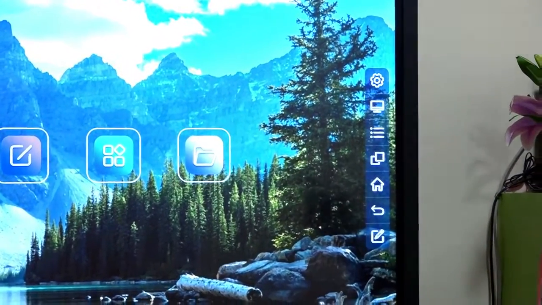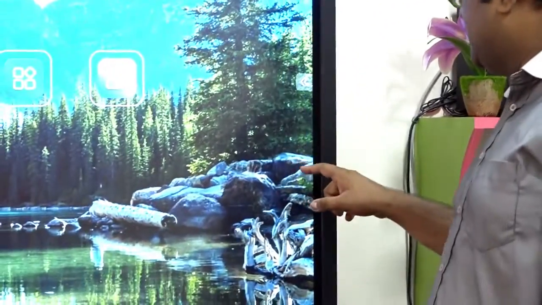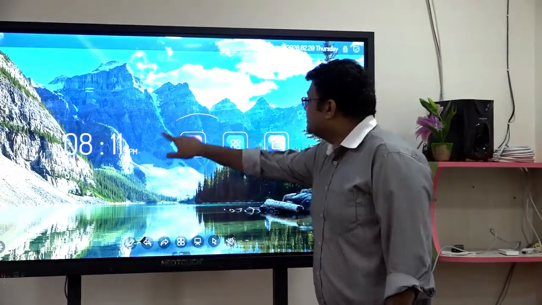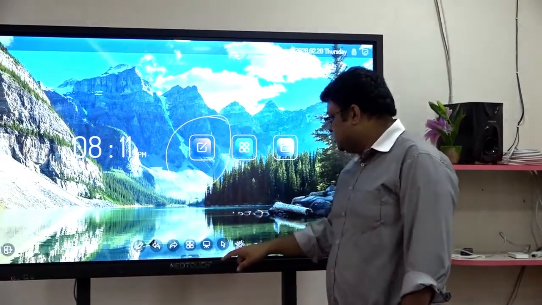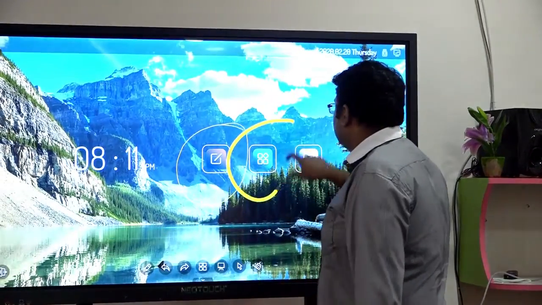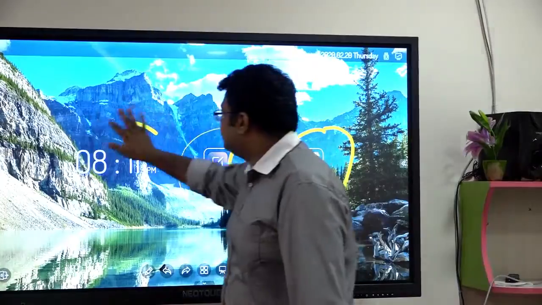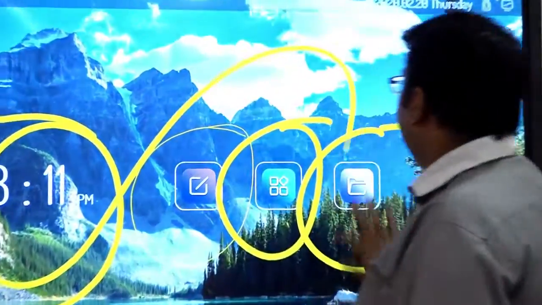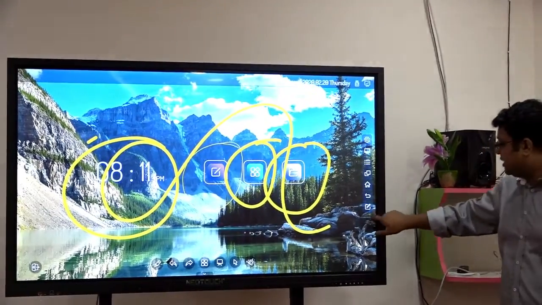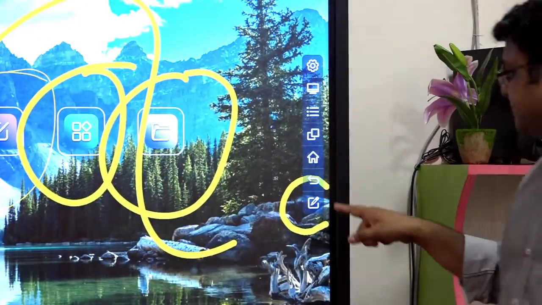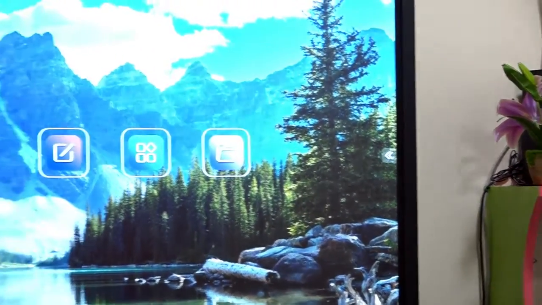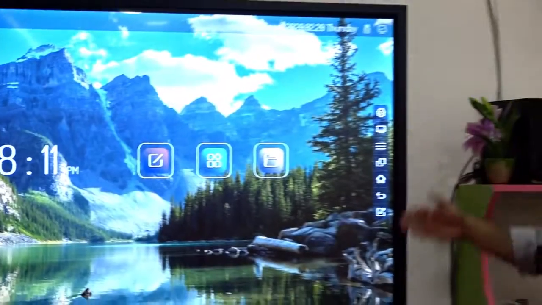And one more very important option is there. Suppose you want to write directly here, you have to use this sixth one. If you want to write anything, suppose I want to highlight this thing. Let us make it a little bit thin. Suppose I want to highlight this particular tab. Then we can do that using the last option, this one. I can highlight this one also. Right, this button we can use. Now let us go to the home button to escape it. So this is all about the menu screen.